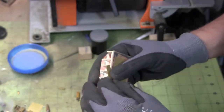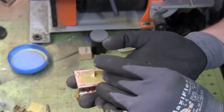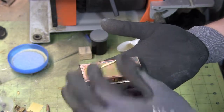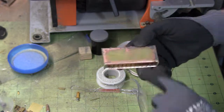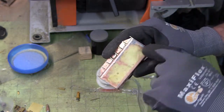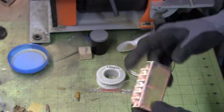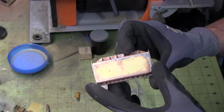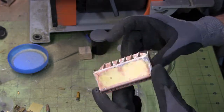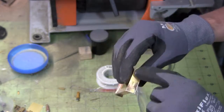Got to put this guard piece on back here. That's going to cover where the shock absorbers contact, and then I also have to put in my little attachment point there. But before that, I'm going to run some scores into this to make it look a little bit more realistic, because all of the full scale ones that I've seen have been like strips of steel on the back. And I got to put the cutting edge on,